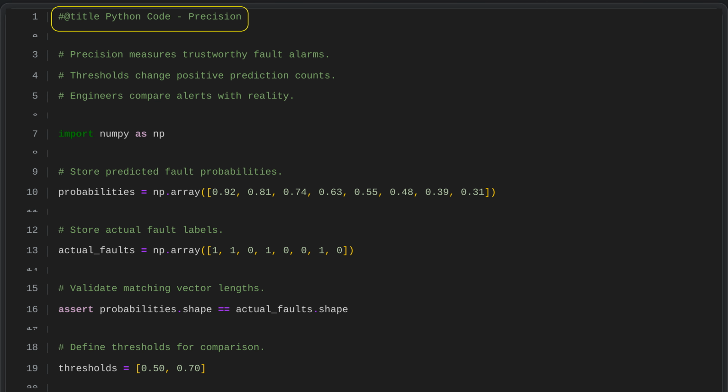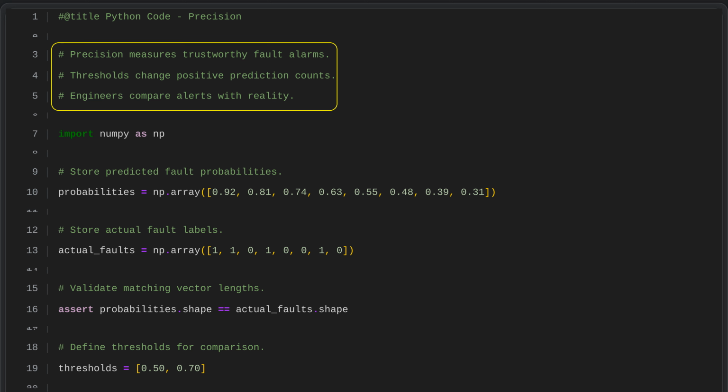Python code. Precision. Precision shows how trustworthy fault alarms are by comparing alerts with what actually happened. Changing the alarm threshold affects how many positive predictions are made, so engineers use precision to judge whether alerts reliably